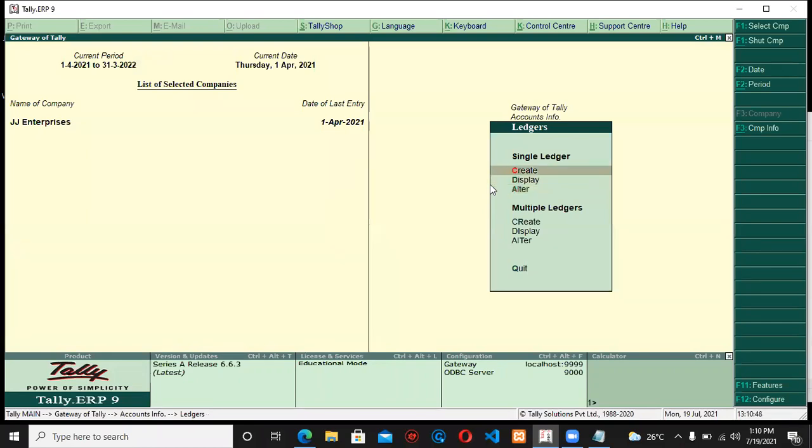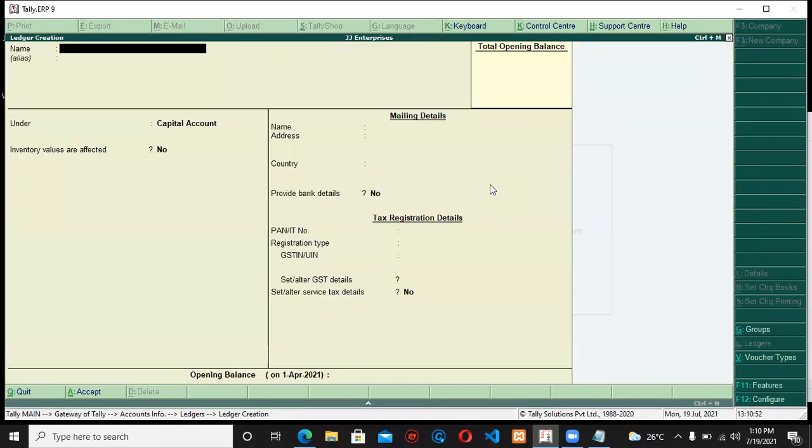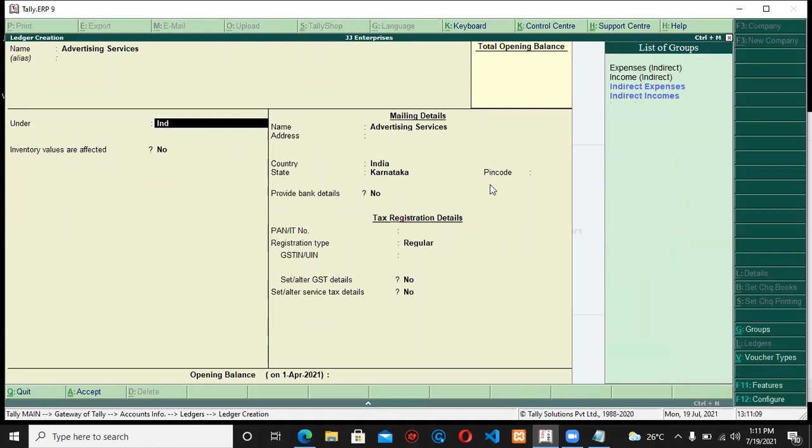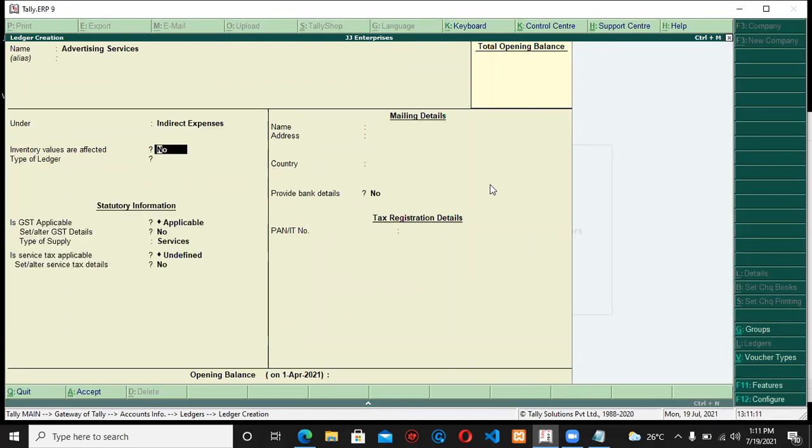So I'll just say create. Number one, I'm going to create advertising services. We know that it is indirect expenses, sorry, indirect expenses. I'm just going to select it under indirect expense.